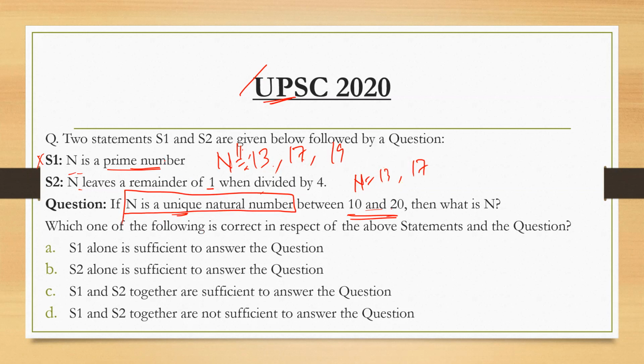When you combine both of them together, what happens? N again is 13 or 17. You're not getting a unique value, therefore the answer is no. Fine. Chalo. If this is clear,